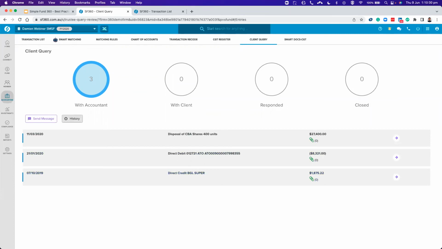Now, there is still a full audit trail history as well, and you can see exactly, if you've got multiple transactions that you have queried with the client, which ones are still with yourself, for example, which ones a client may not have responded to, and which ones have now been actioned because we've got enough information from their client as well. So if I just look at the BGL Super one for the moment